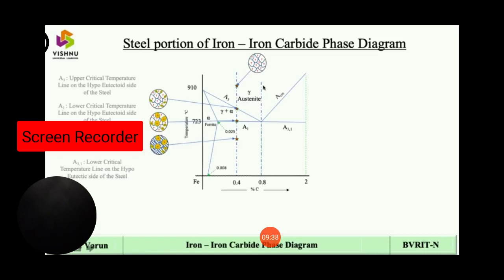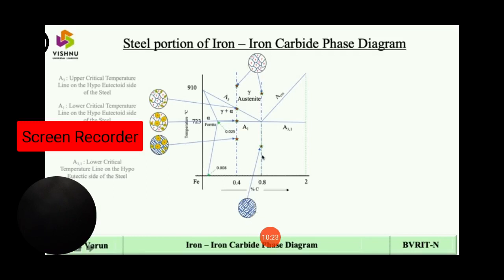Now, when we discuss 0.8 percentage of carbon, at this particular point, it will have more or less the same austenite, only the difference will be its carbon content. In this alloy, we have 0.8 percentage of carbon dissolved interstitially in the austenite grain boundary, and at this particular point, it behaves like a pure metal and completely transforms. 100% of austenite will be transformed into 100% of pearlite. So it will all transform into alternate layers of ferrite and cementite network, like a laminar or fingerprint-like structure, as you can see here in this case.